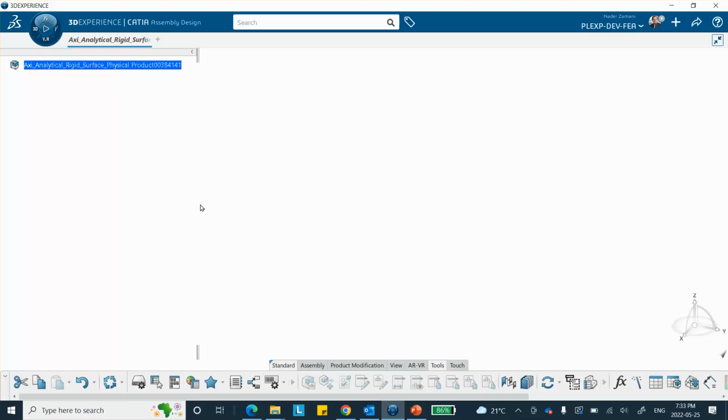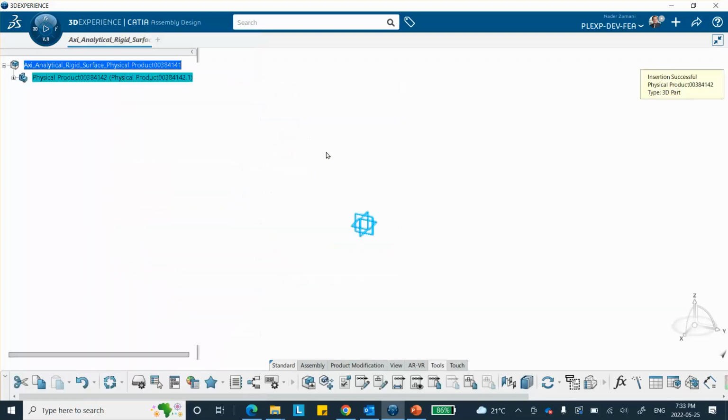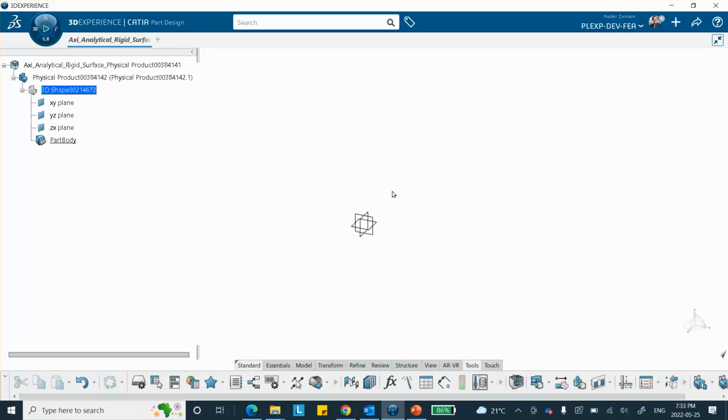Let's go make the workpiece first. So insert, put the cursor there, right click, insert, a 3D part. Right there. And I'm going to call, well, I can call it workpiece, but I'll leave it the way it is, so it doesn't matter. Double click on 3D shape, and on the YZ plane, I will sketch